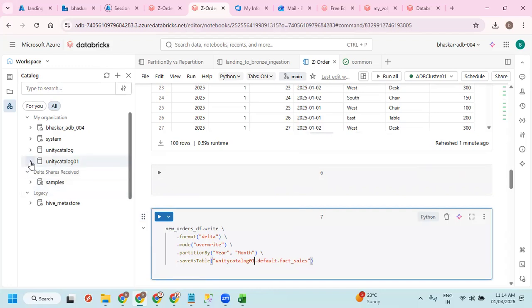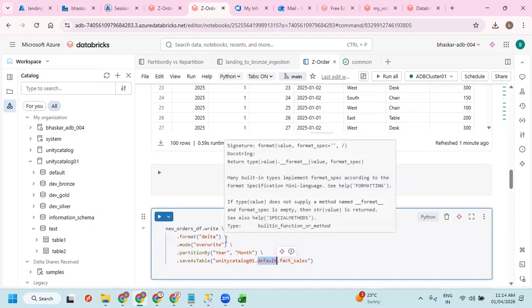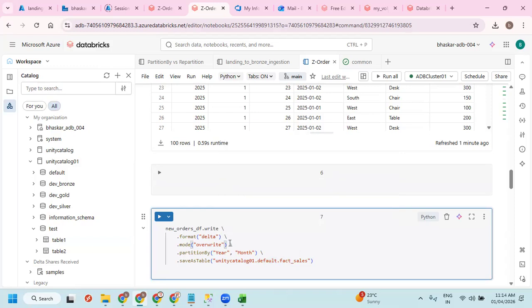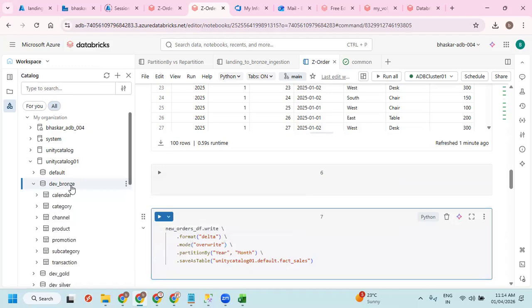Inside this catalog, I'm having a test schema. Okay, so let me take a test schema. Okay, we'll do it with the branch. Okay, so inside the branch, I don't have a fact sales.